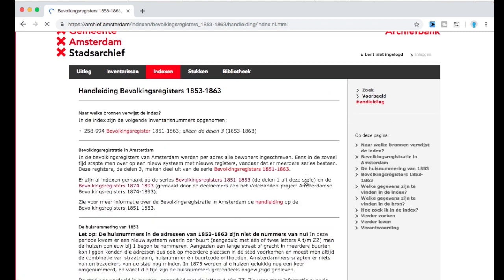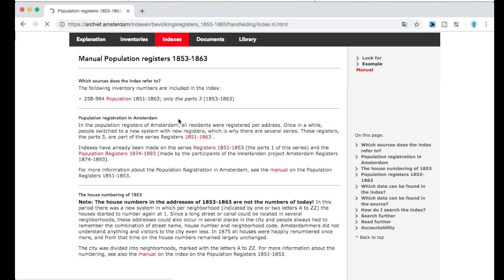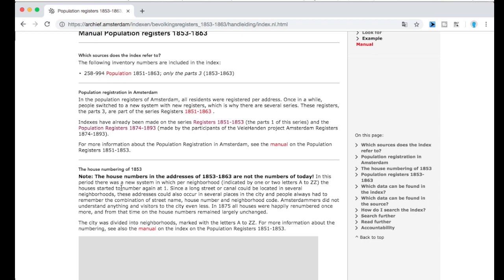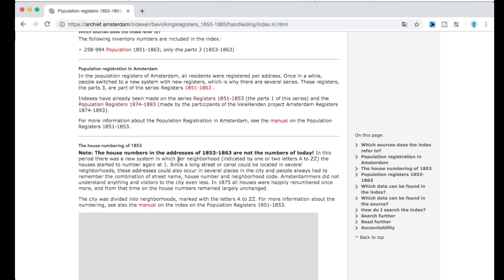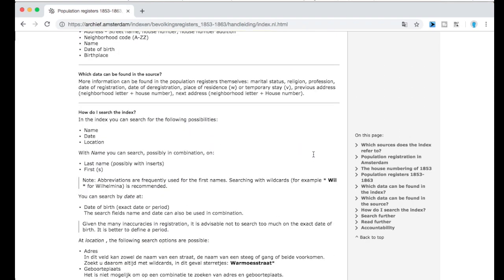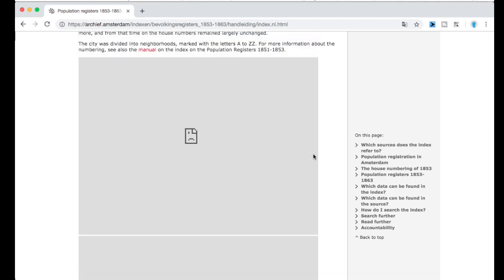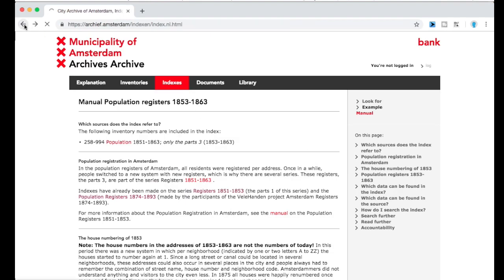be actual instructions. They're basically telling you about these registers, what they mean, how they work. You can see different notes. The house numbers and the address of 1853 to 1863 are not the numbers of today. So a lot of important information that you might not know just by looking at the records. So I highly suggest checking out these pieces before you start looking at any of the inventories or indexes, just to get a really good idea of what you're going to be looking at and what's